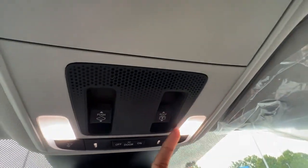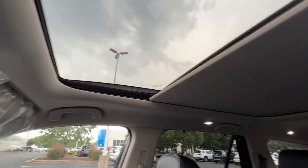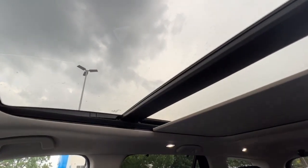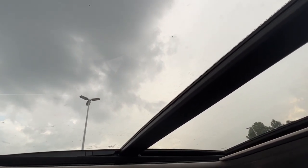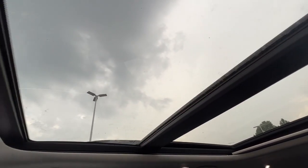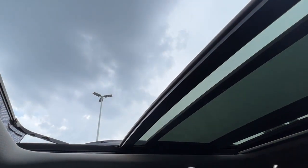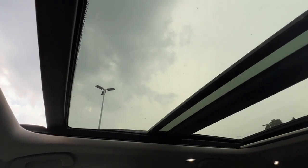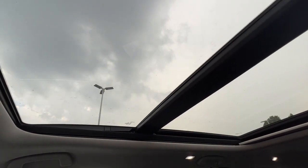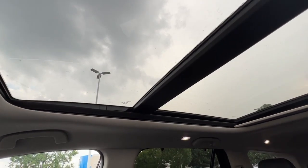And for our panoramic sunroof slash moonroof, however you may call it, we could have this shade open all the way back out till the end. You could see the big panoramic moonroof slash sunroof, and we could open it up right here as you could see. Let's close it. Then we also have the tilt option, where we can press the button and tilt it up, right there,